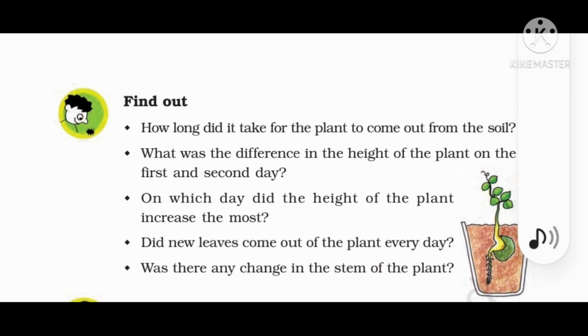On which day did the height of the plant increase the most? Did new leaves come out of the plant every day? Was there